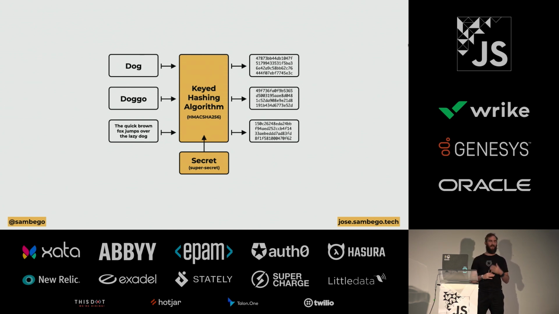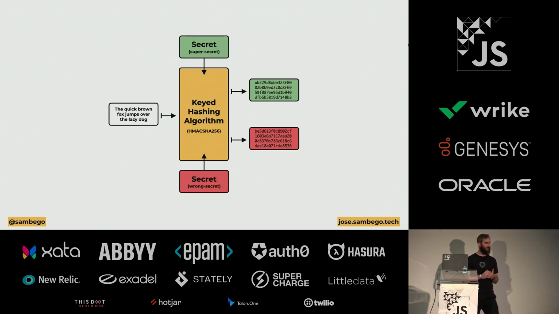And together with the inputs we also have a secret, and if we change that secret, the output will also change. So the output is dependent on not only the input, but also the added secret. This means that we can validate the input. We don't have to know the exact input of the hash, but if we know the secret and the input,